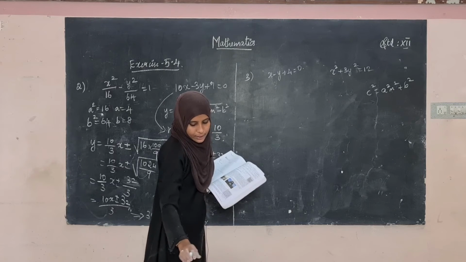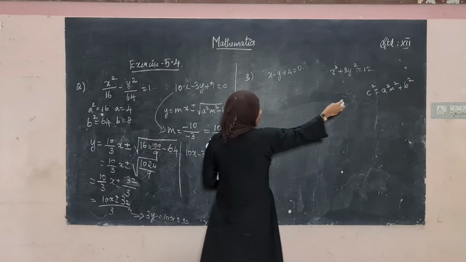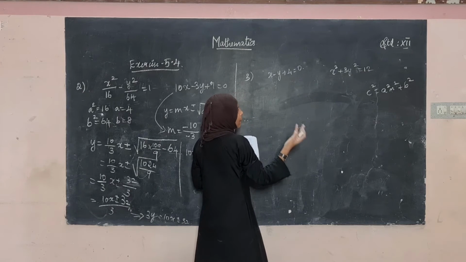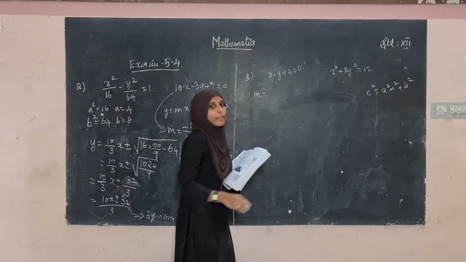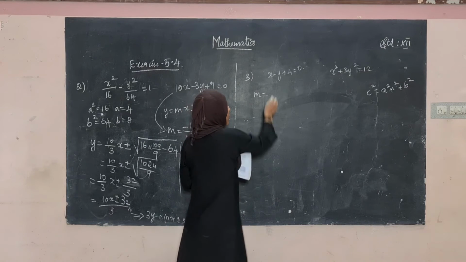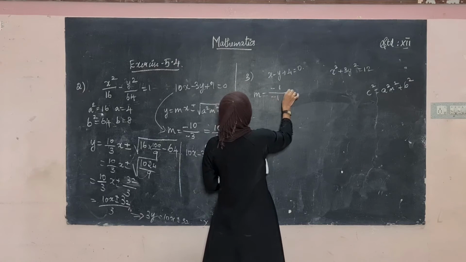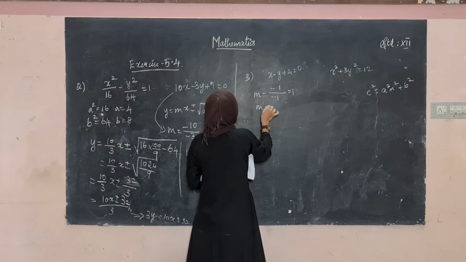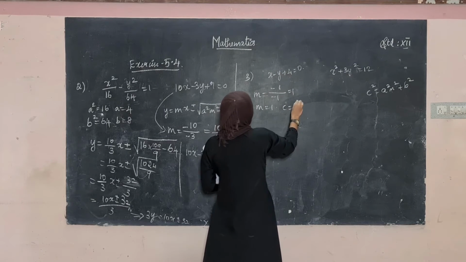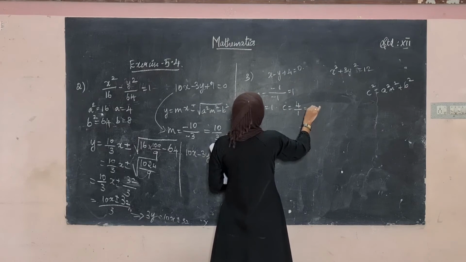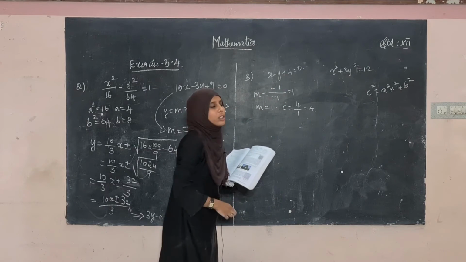See, how can we find c? From this line we can find c. For this we want the values of a, m and b. So m is the slope. Slope is minus coefficient of x divided by coefficient of y. So minus coefficient of x is 1 divided by, what is coefficient of y? It is minus 1, which is equal to 1. So m is equal to 1. What will be the c's value? 4 divided by 1, which is equal to 4. That is constant term divided by this term, that is 4 divided by 1. So the value is 4.